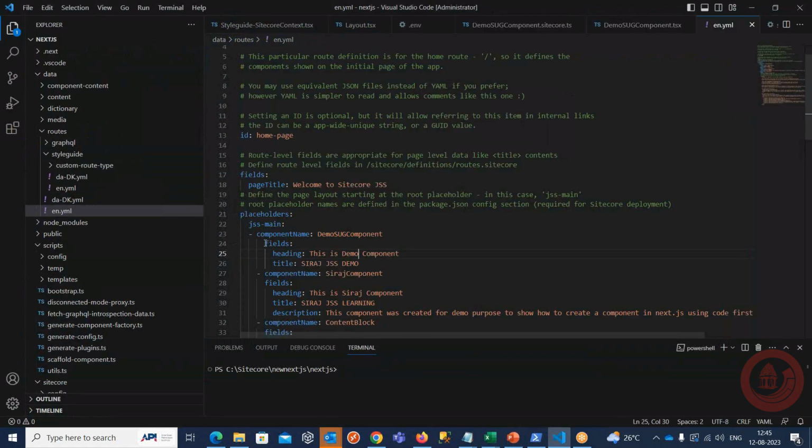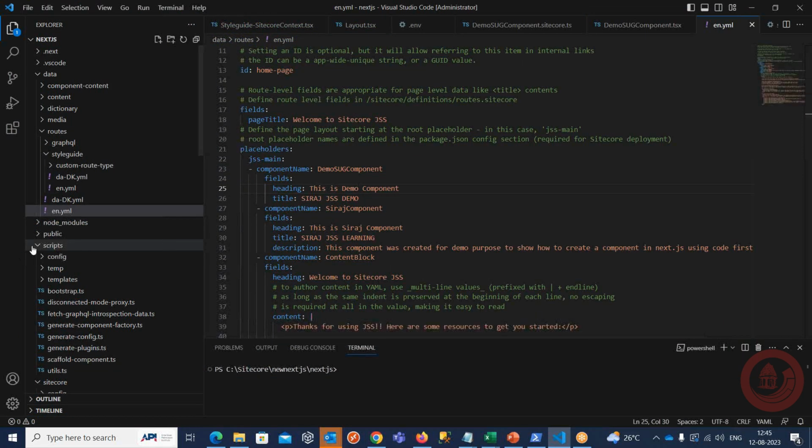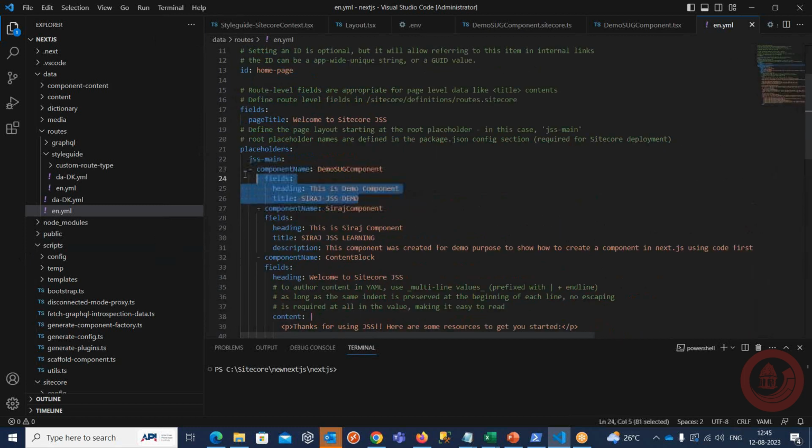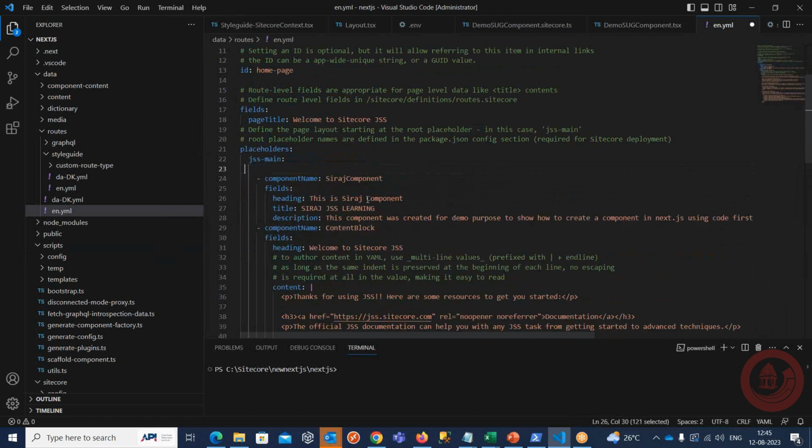I think I have missed some. Okay, so let's move on to the next one, because this is how we have to create. Okay, I will show you what we have missed here, but due to time constraint, I will go to the next one